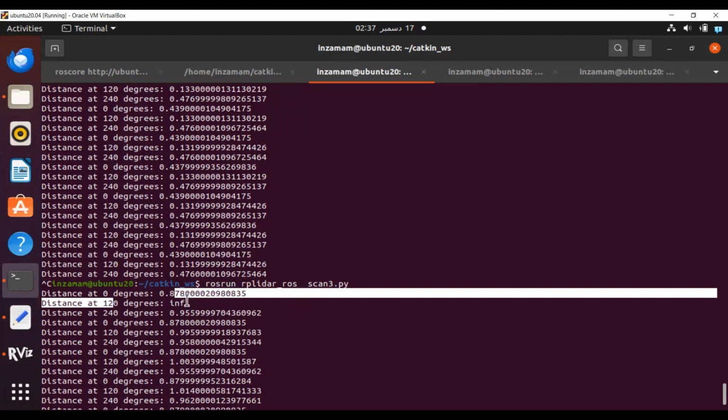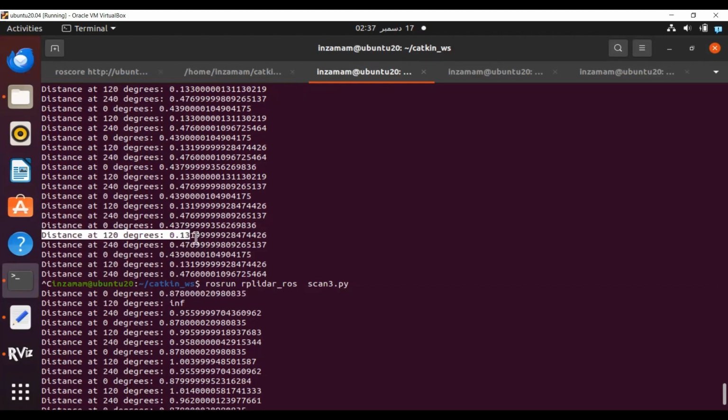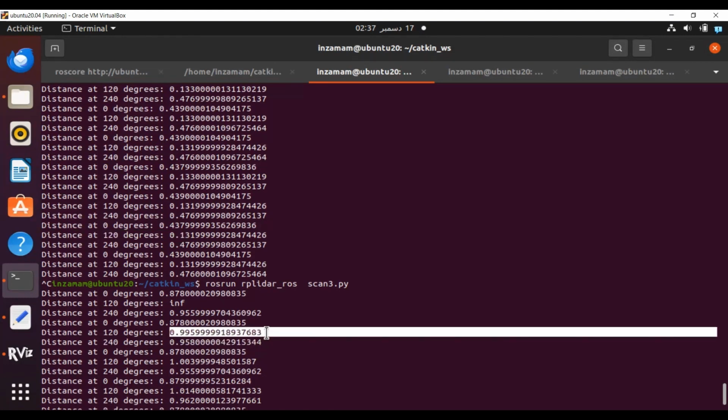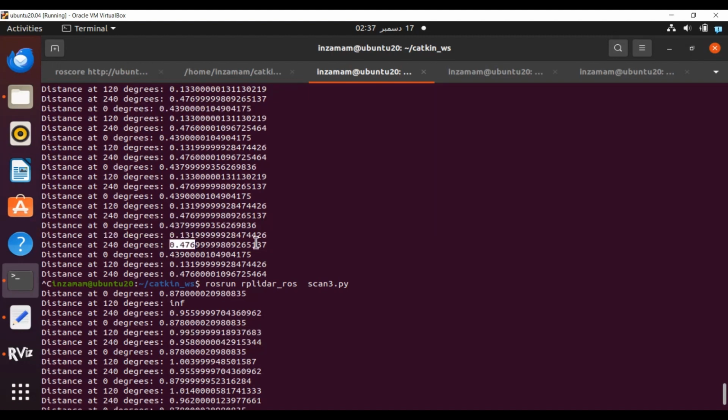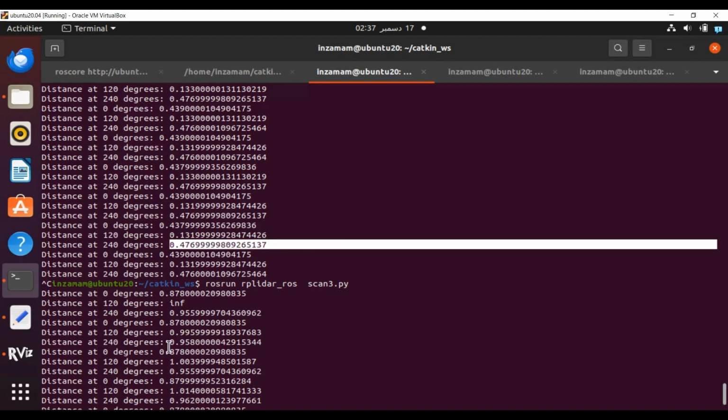The same way, before, at 120 degree we got 0.1319, and at 120 degree after multiplying we get something like that. At 240 degree we get these before, and after multiplying by 2 we get